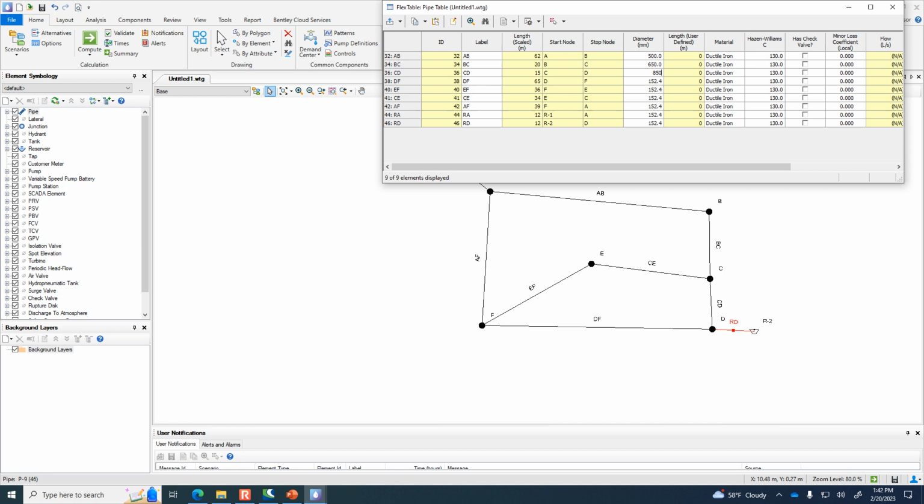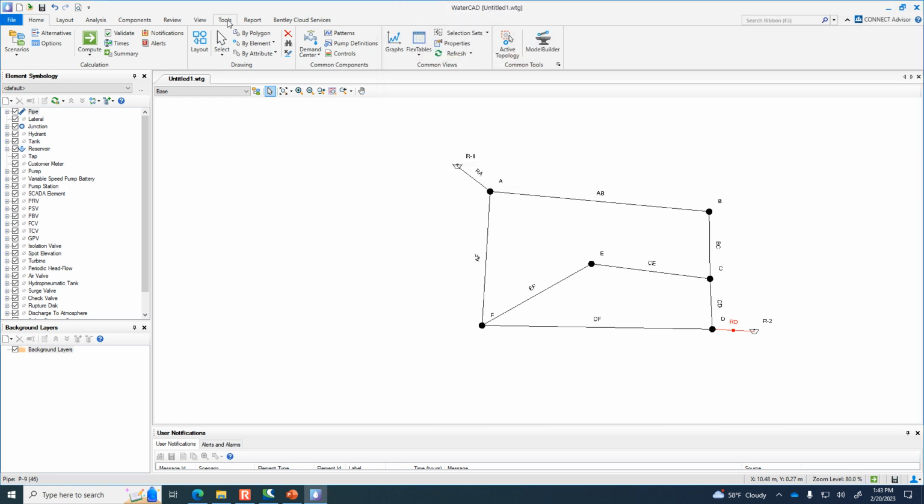CD 850. Is there a way to switch units? Yes. Did your units come up as traditional units? Okay. Unfortunately, that means that you may need to start over. But let's just see. Maybe you don't.